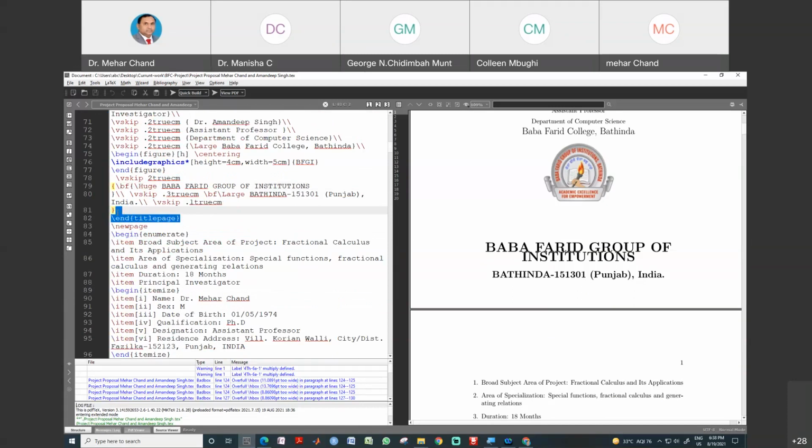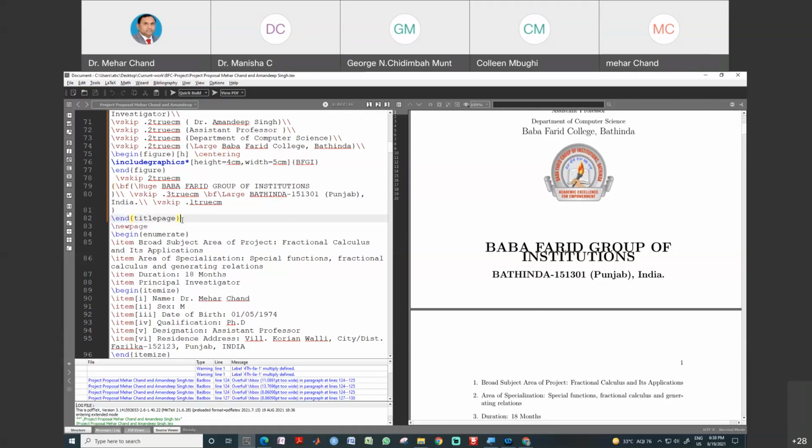Okay, the information which we provide in the synopsis, in the thesis, that is always the title page, and the information which we provide for the title page will be separate from the whole content. Okay, and after that, a new page will start. This command will be used to start a new page.